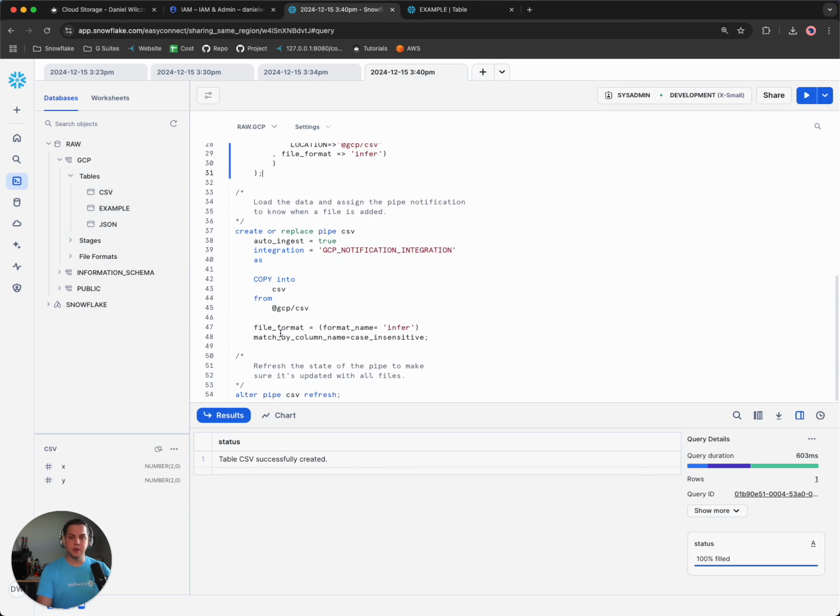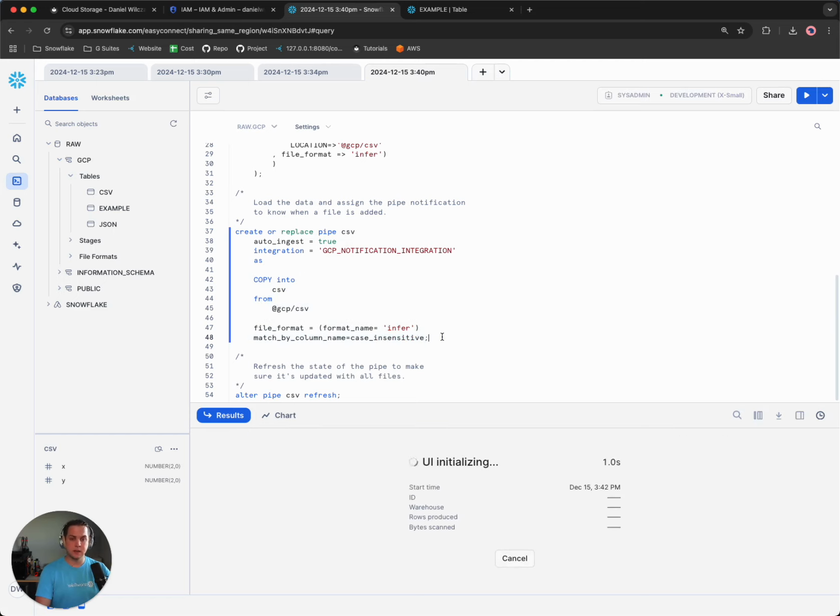Next, what we'll want to do is create what's known as a Snowpipe, or a pipe in Snowflake, to automate the process. So first, we're going to create the pipe. We're going to call it CSV. Auto ingest is true. We're going to use that integration we created earlier. And then, like we did with the manual load, we'll use the copy into command to load the data in. So if I hit run on this,